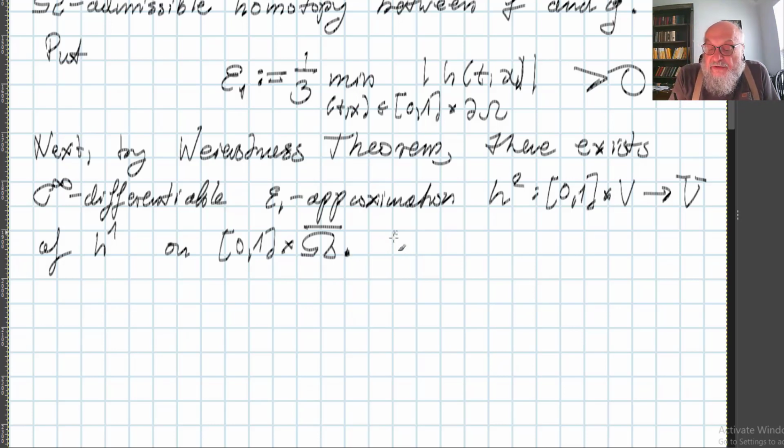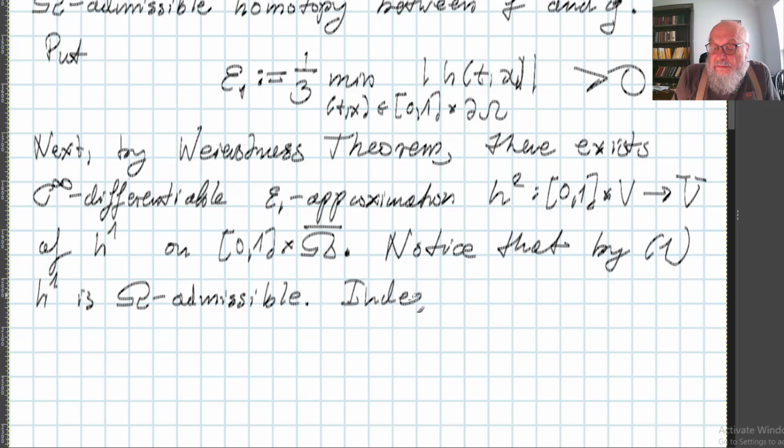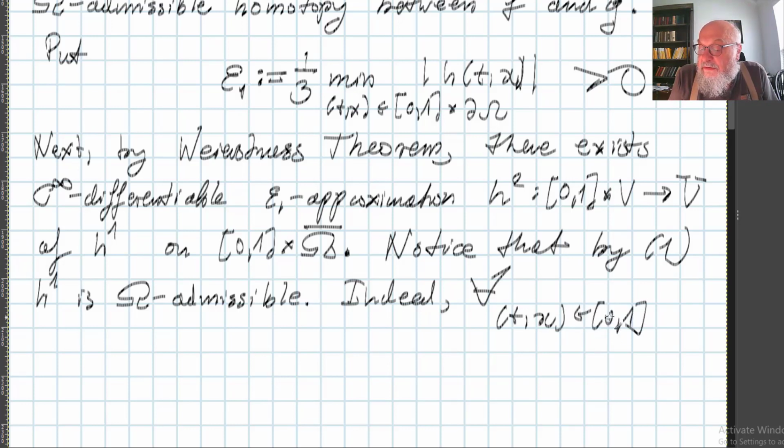So we claim, notice that by this condition, call this condition 1, H1 is omega admissible. Indeed, for every x and t belonging to [0,1] times the boundary of omega, we have: